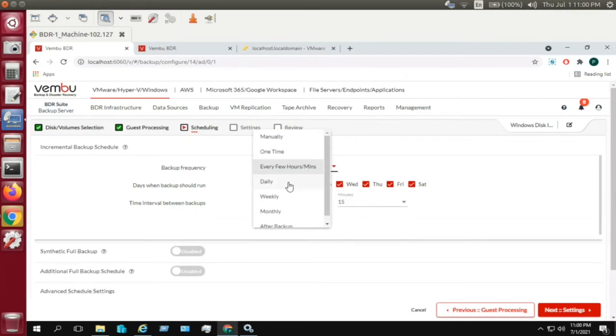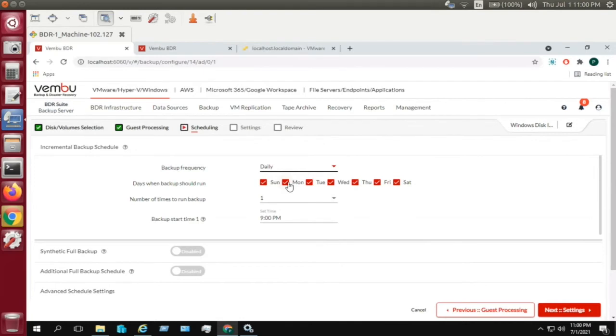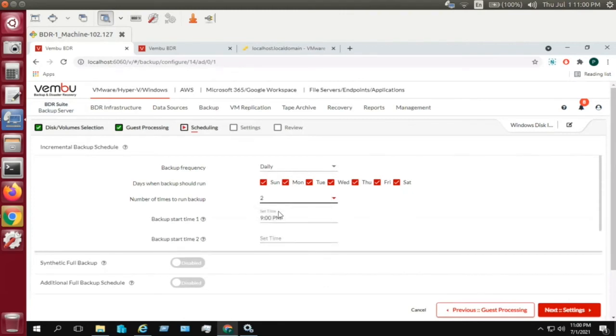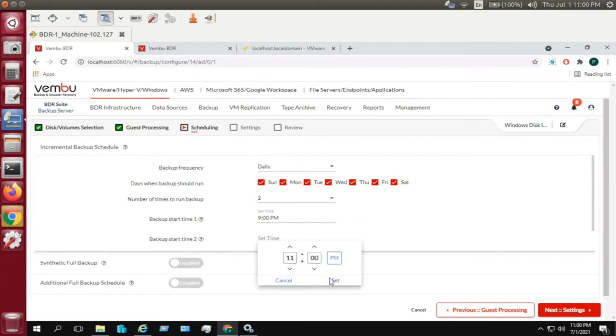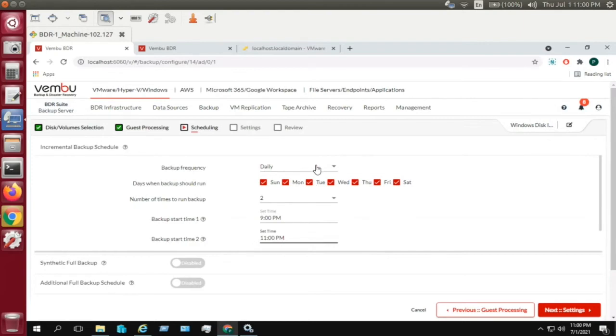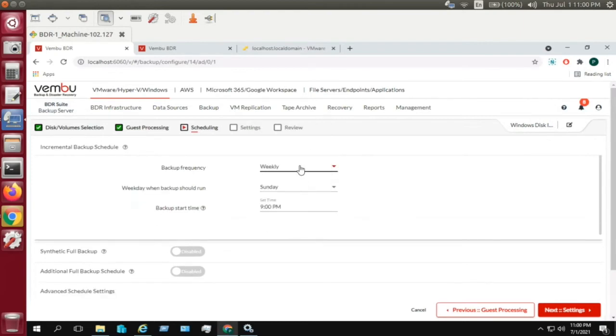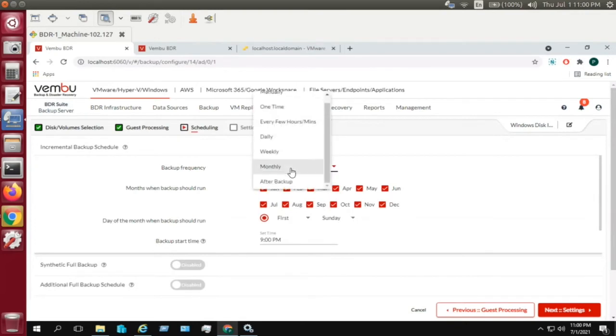And you have another option called daily backup. So every 24 hours there will be a backup automatically triggered. So here you can choose the number of times that you want to run a backup job within a day, within 24 hours. So if I'm going to choose 2, I can set the backup start time for the backup job. The first backup start time and the second backup start time can be set. Okay. For example, I can set it to 11. And we also have weekly basis, monthly basis,